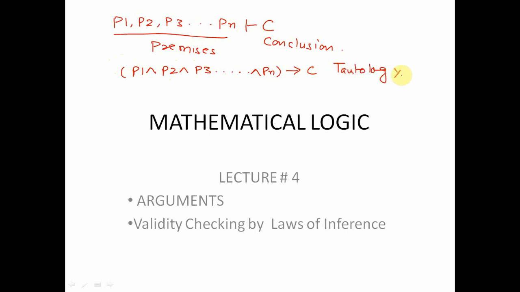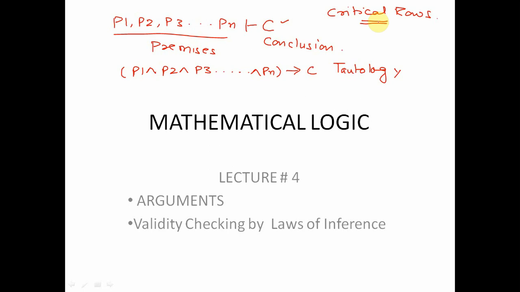So we have seen in the previous session that one of the ways to verify the validity of the argument is by making the truth table of all the premises and the conclusion. In the truth table, the rows where all the premises are true are called the critical rows. If the conclusion is true in all the critical rows, then the argument is said to be a valid argument. And if the conclusion is false even in a single critical row, then the argument is said to be